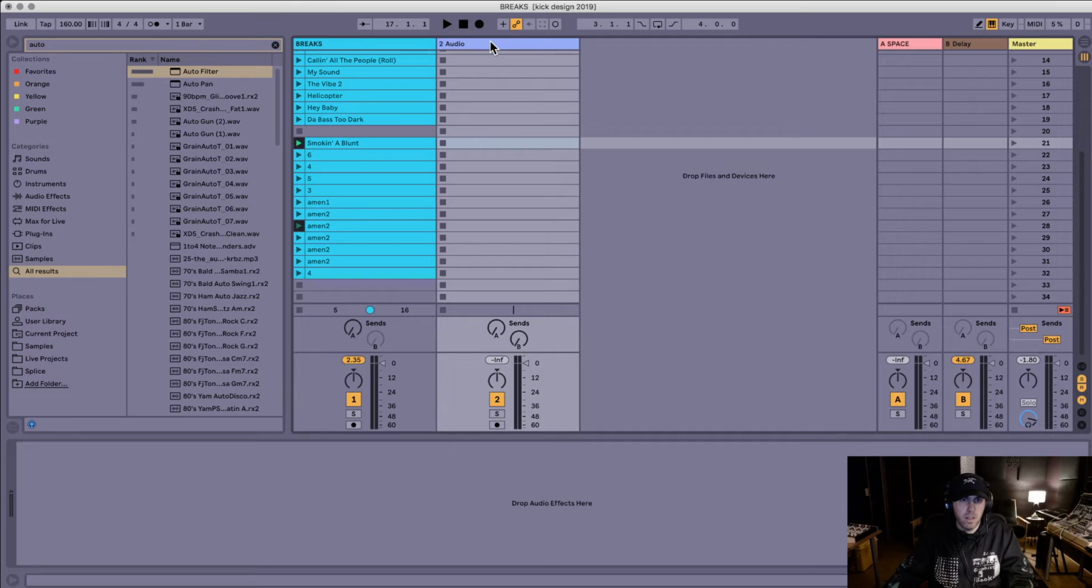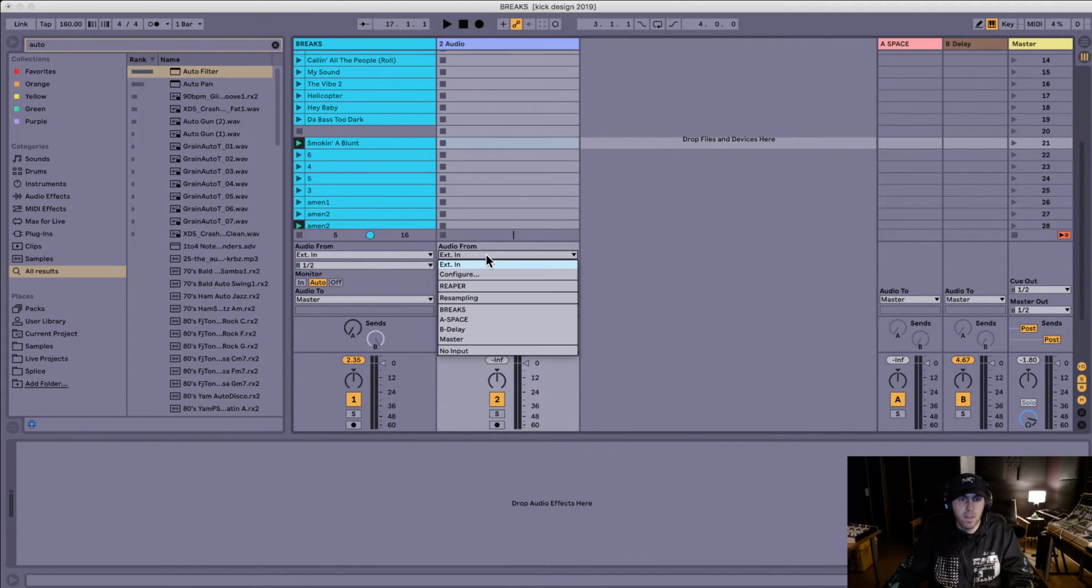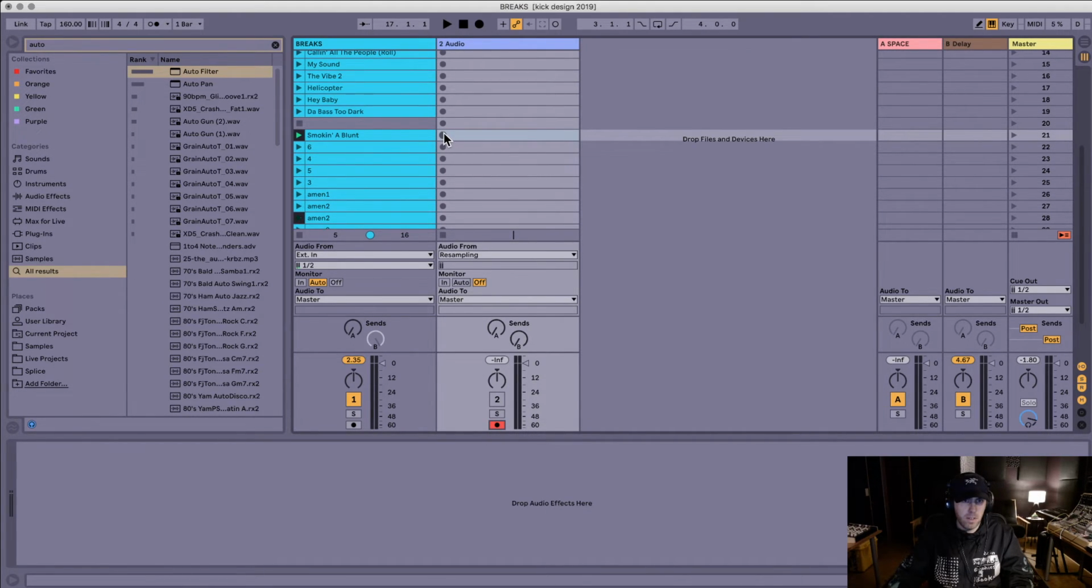And if you want to record it, you just make a new audio track. Let's turn on the I/O, and I'm going to change the audio input to resampling. Turn this off, enable recording, and just hit record, and it should record a bunch of